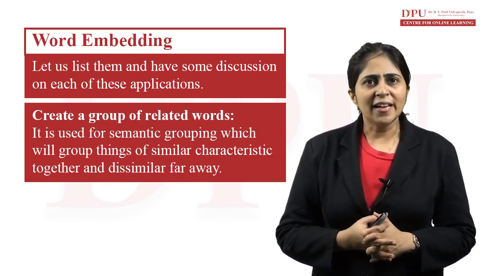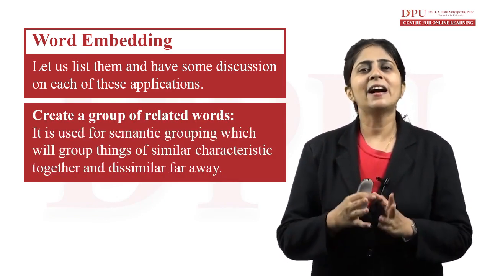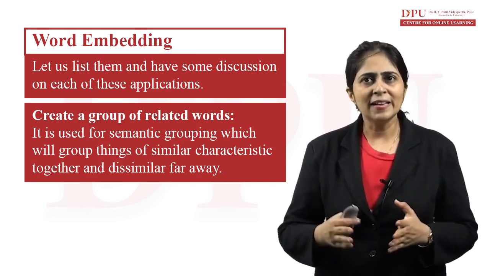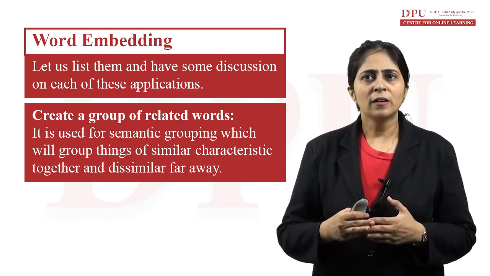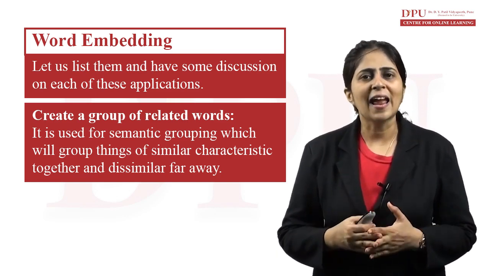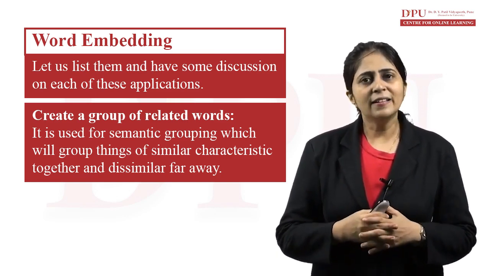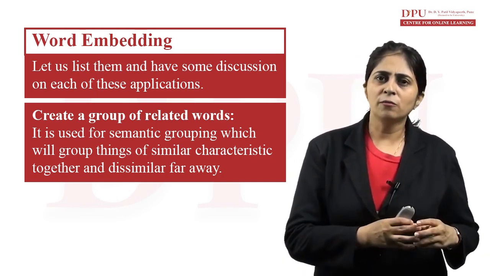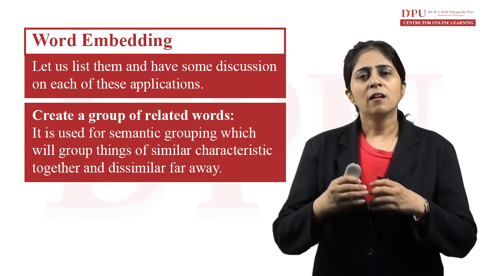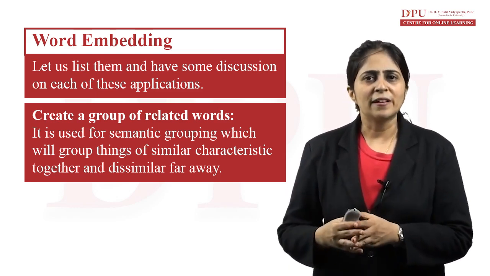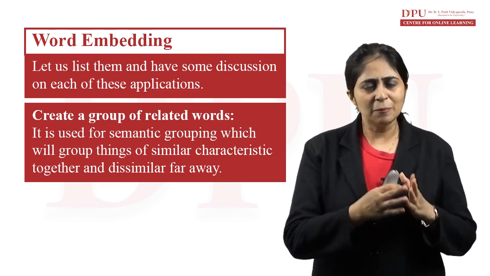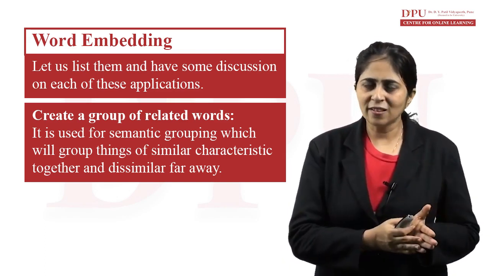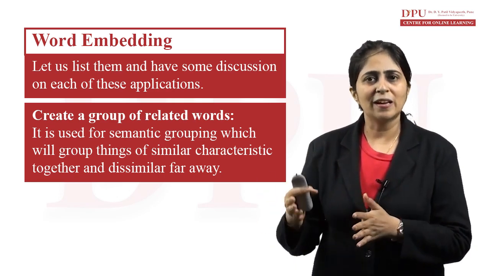Now the words are being categorized, so we have to create a group of related words. So it is used for semantic grouping, which will group things of similar characteristics together and dissimilar far away. If we are having balls, red balls will be kept at one place, yellow balls at a separate place. Similarly, if we talk about words, similar words will be kept in one cluster